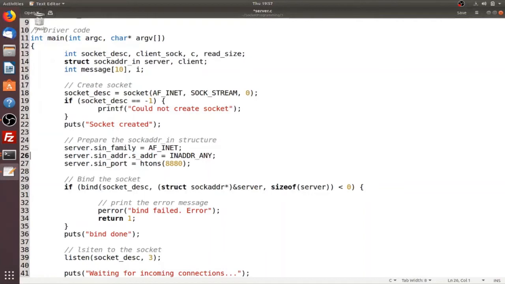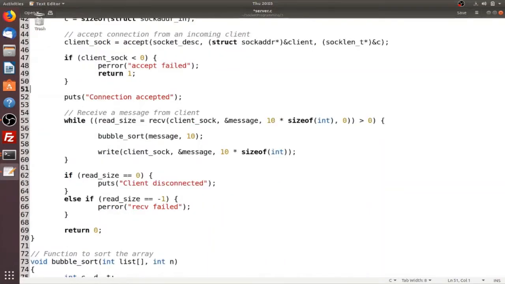What we usually did before that, we used to assign an IP address of 127.0.0.1, which is your loopback IP address. In case we don't want to assign any IP address, then we would be writing INADDR_ANY, and in that case the system would automatically be assigning an IP address on its own.